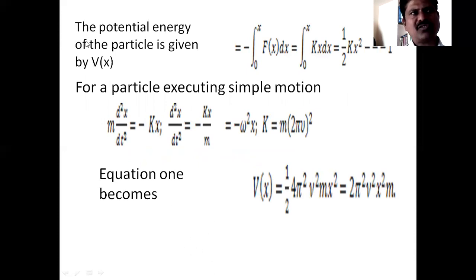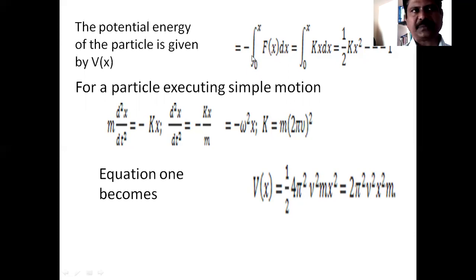So we know the potential energy of a particle executing simple harmonic motion. V of x is equal to the integration from 0 to x. Here the displacement of the object at its extreme is taken as x, the distance moved by the object from the mean position. That's why it is integrated. So the potential energy possessed by that particle from 0 to x is the integral of f of x